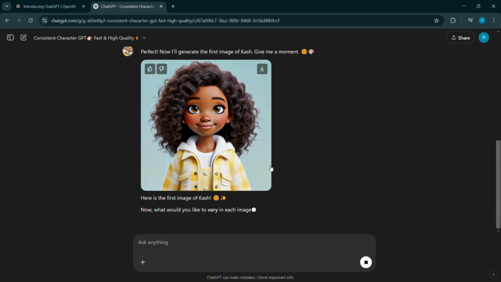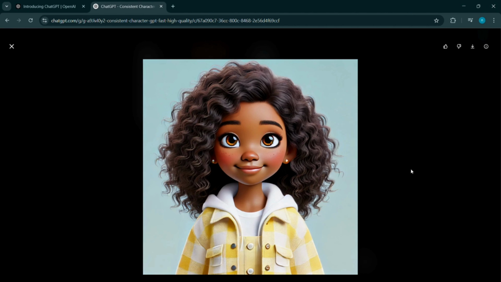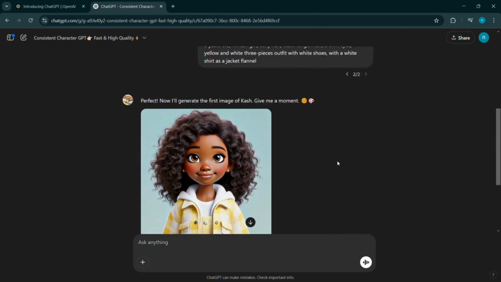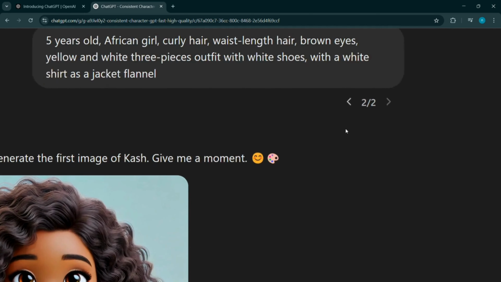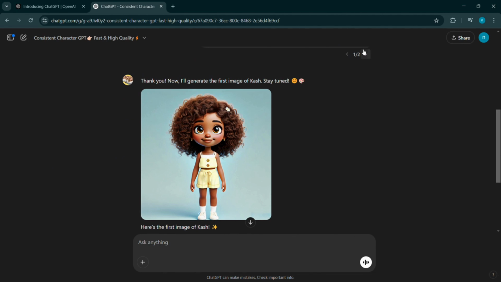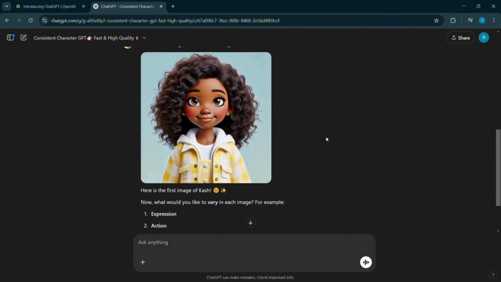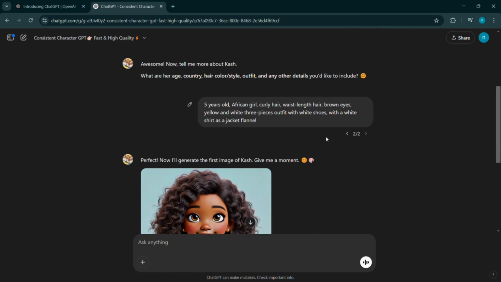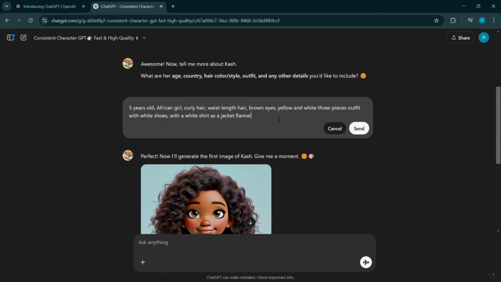Here's the new image which the model created. You can click on it to see it in a larger screen. Yet again, if you want to go back to the previous one, all you need to do is click on that arrow and you can find all the versions of the character which it has created till now. You can keep on changing